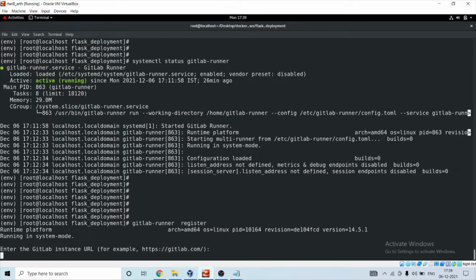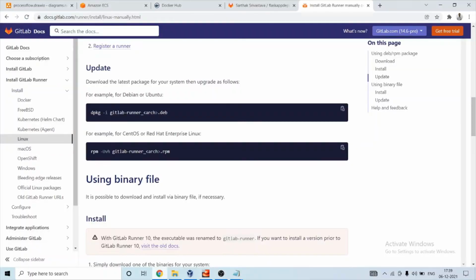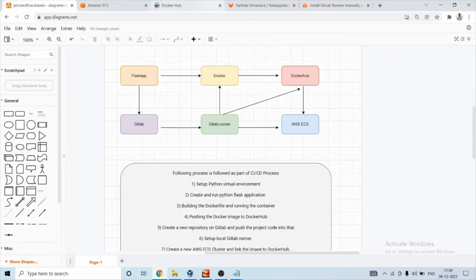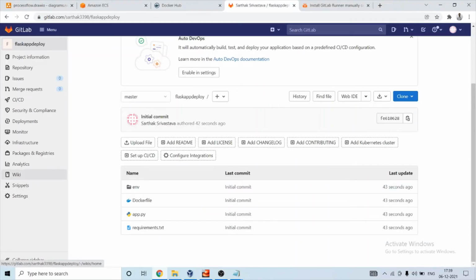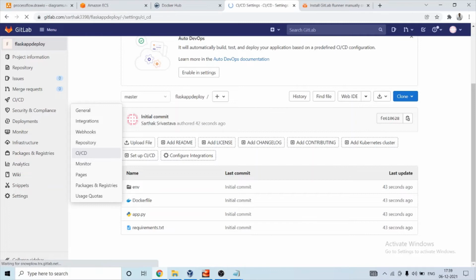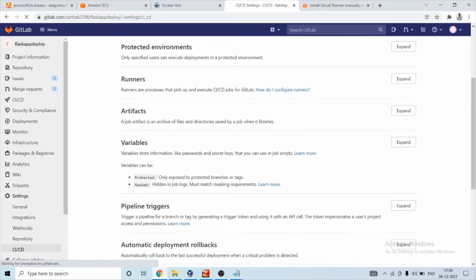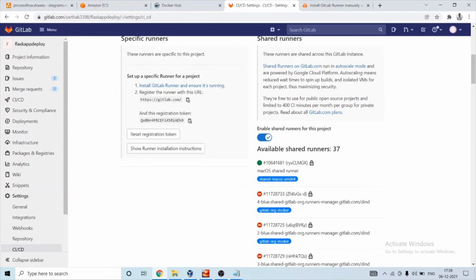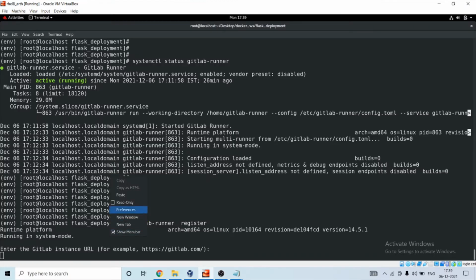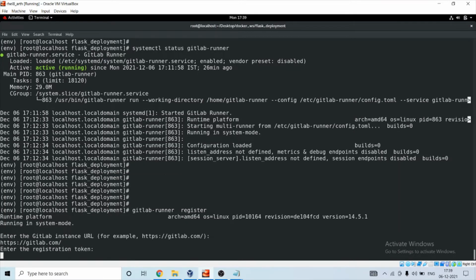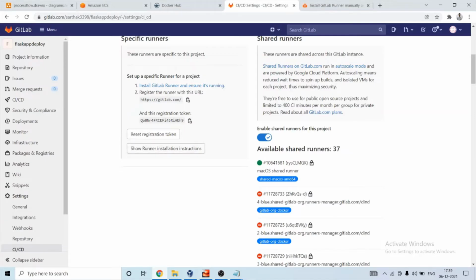It is asking for the GitLab instance URL. So we will have to go to settings, then CI/CD, runners, and we need to provide these credentials. Paste. Enter the registration token. So this is the registration token.